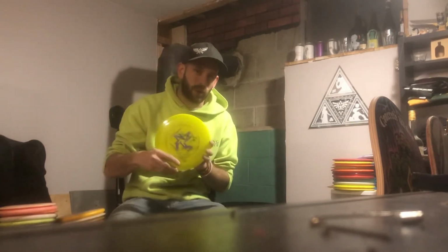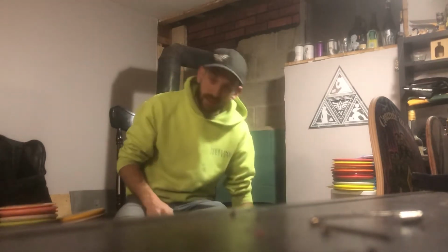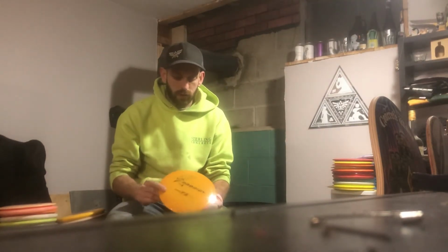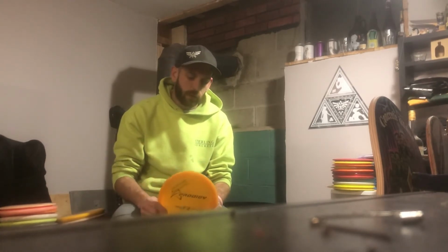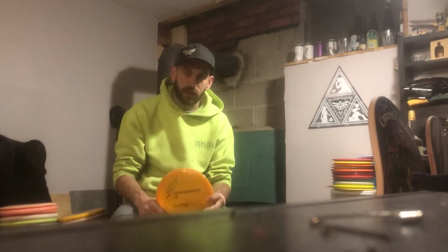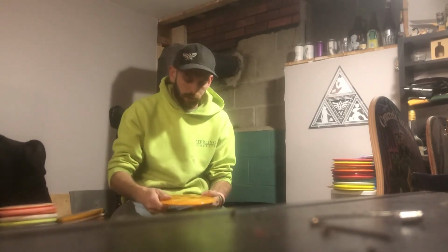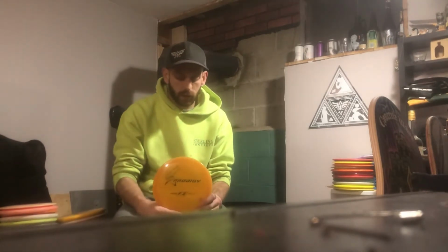I think the F2 is probably my favorite fairway driver on the market right now. That said, I have a 750 F2 for my overstable fairway driver. This particular one is super overstable. I can only throw it somewhere around 270 feet because of how overstable it is. It hits that 250 mark and starts to break right away for me. Somebody with a higher arm speed would probably be able to get it out a little bit further, but